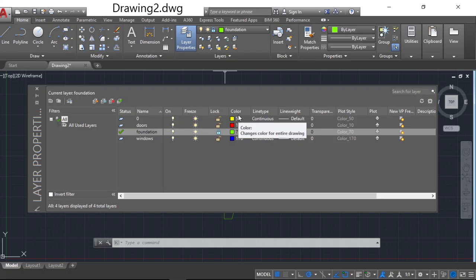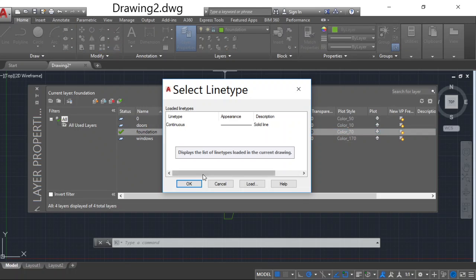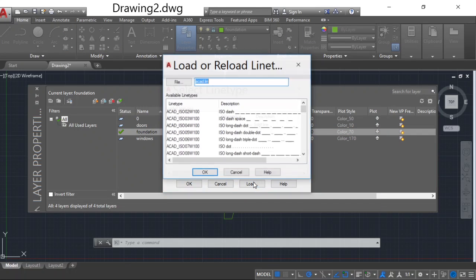It's up to the user, you can choose any color, even the same color for more than one layer. And coming to the line type and line width properties, by default continuous lines are there. If you want to change, click on this and click on the Load button.